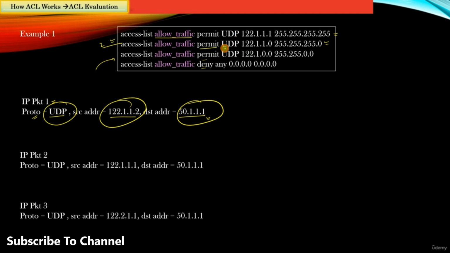The protocol field value, you can say, is UDP, and 122.1.1.2 is an address which belongs to this subnet address. So it means that rule number 2 matches with the 3 parameters of the packet. Obviously, in this access control list you have not specified any destination address in any ACL rule. It means that